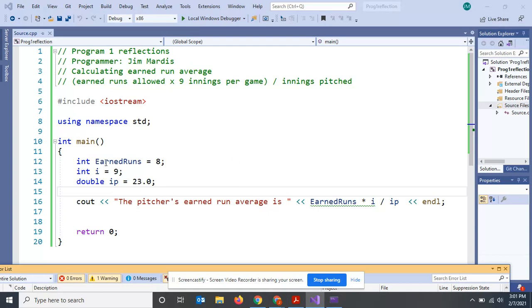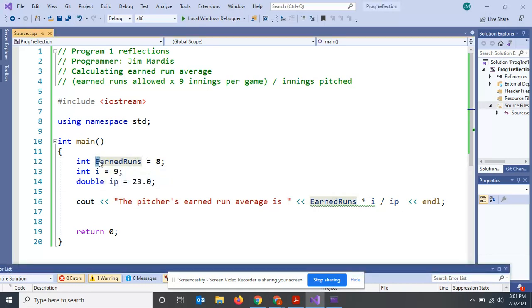First, the variable earned runs. The naming convention that almost everybody uses is lowercase for the beginning, then every new word inside is capitalized. So earnedRuns equals 8. I saw a lot of people in the programs had a capital E and a capital R. All right. The next one was